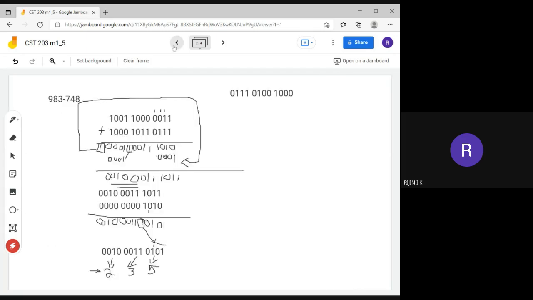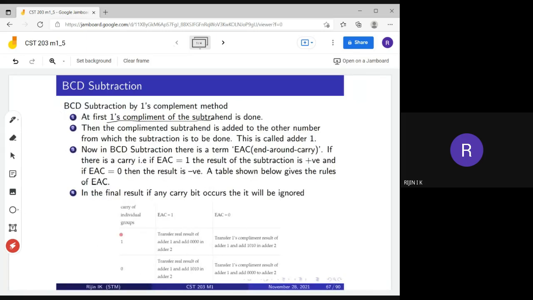As per the algorithm, if there is a carry generated in the individual group, you need to add 1010 to that group, and if there is no carry generated, then you need to add 0000 to that group.